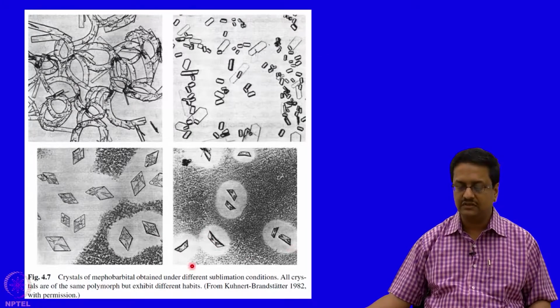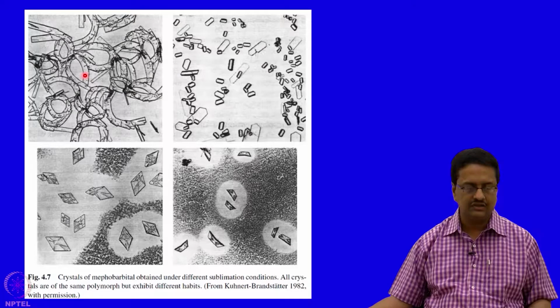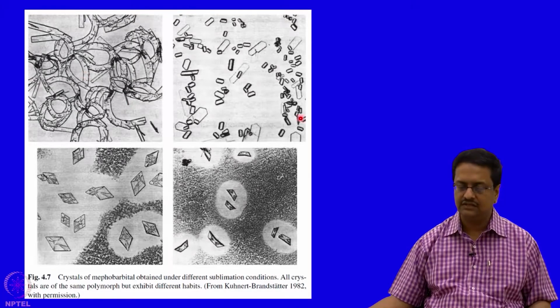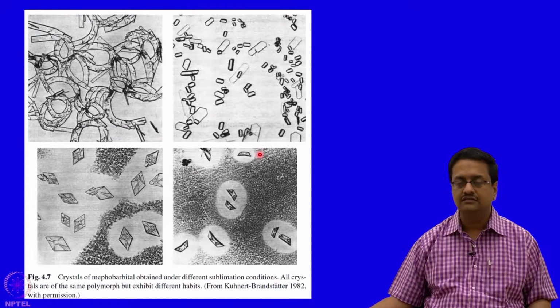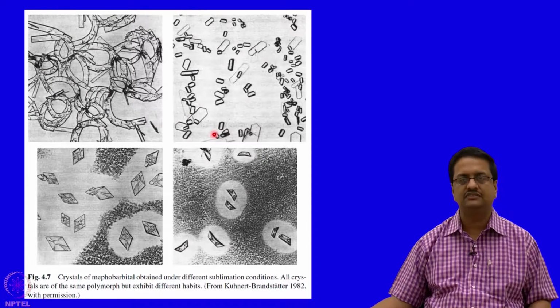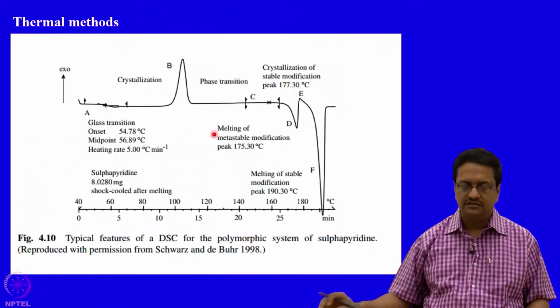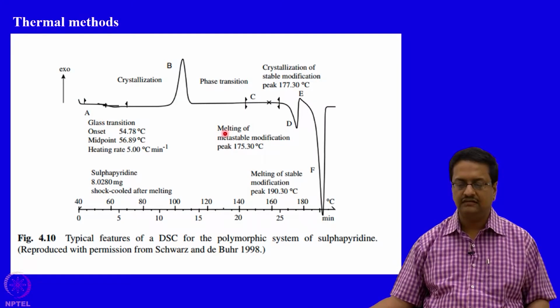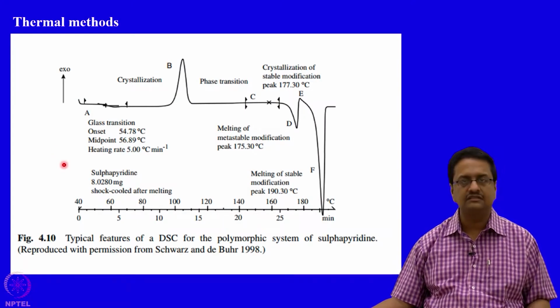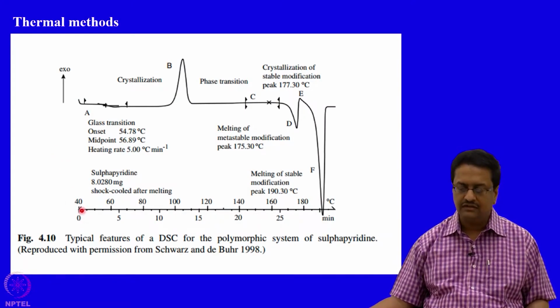So, these shapes are all different, but it was found that all these different habits or crystal shapes represented one particular polymorph. So, this indicates that the optical observation of different shapes or sizes may not indicate that these are polymorphs. So, this is a thermal plot that I was trying to draw in the previous slides, where you can